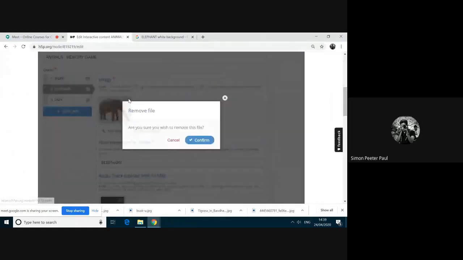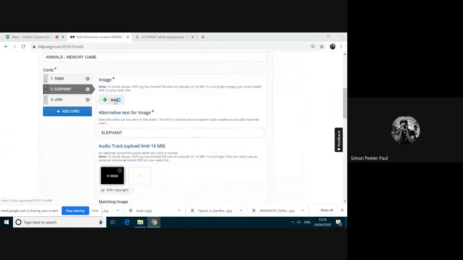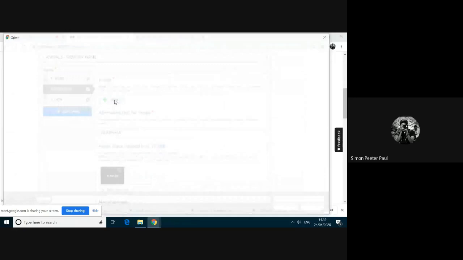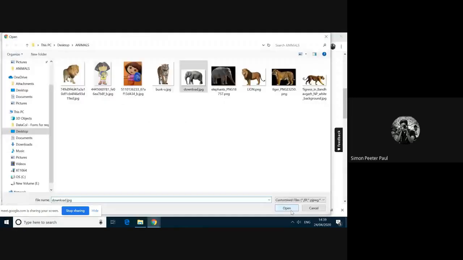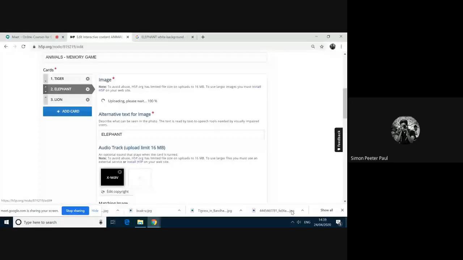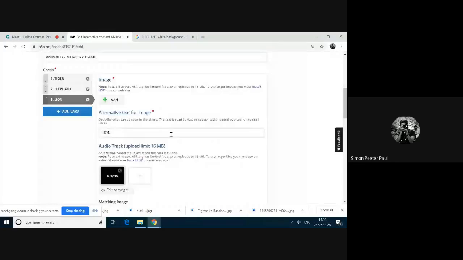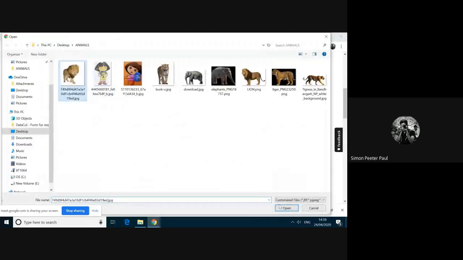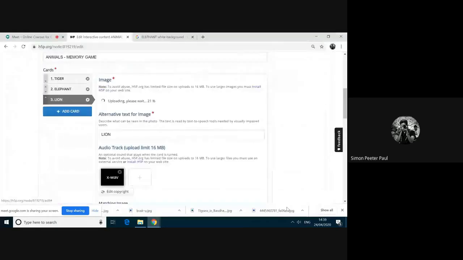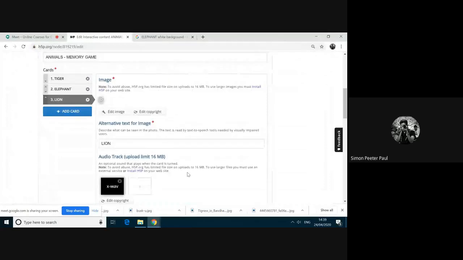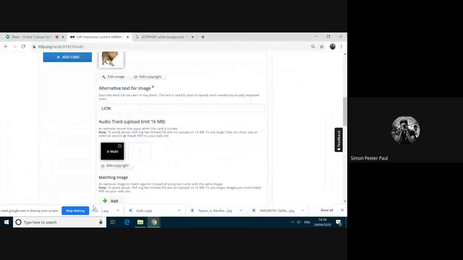Okay, tiger I have added. Lion I'm changing. Adding another lion which is in JPEG format. And then for lion, I am removing this lion. I'm adding the lion, this one in JPEG. Now let's see.